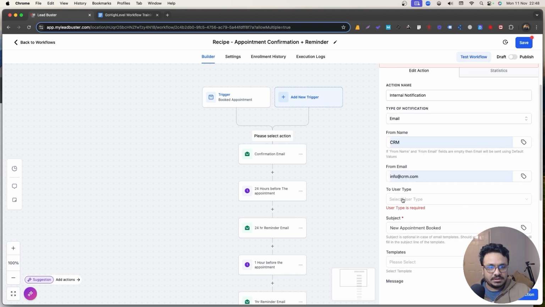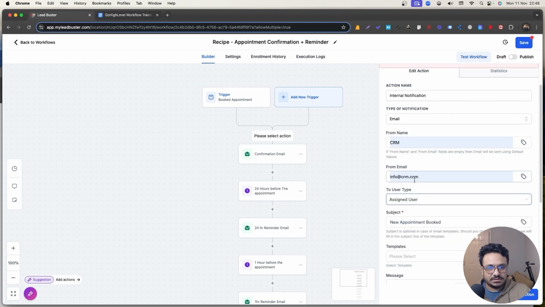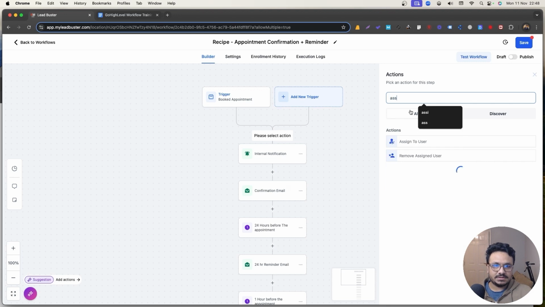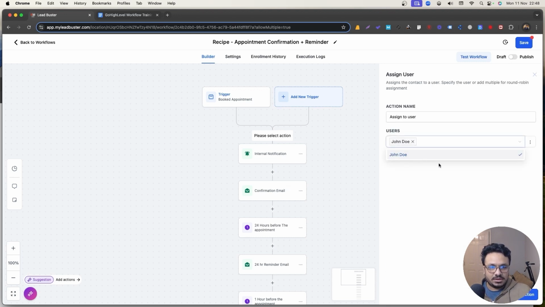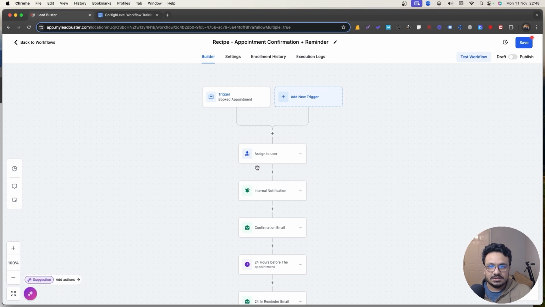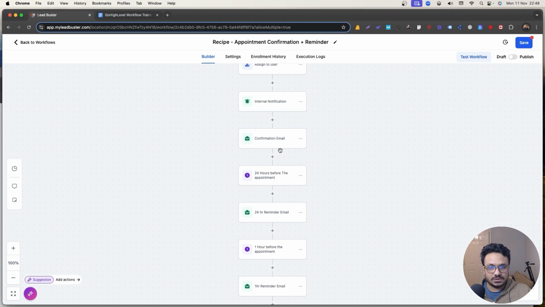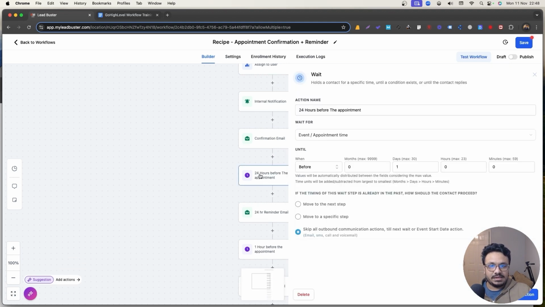So I'm getting that. Obviously, I need to select a user. Let's send it to assigned user, but let's assign this booking to someone. Obviously, this is assigned to John, but we're just not taking any chance. So assigned to user, internal notification goes to John, then confirmation goes to the person who booked the appointment, and then 24 hours before,